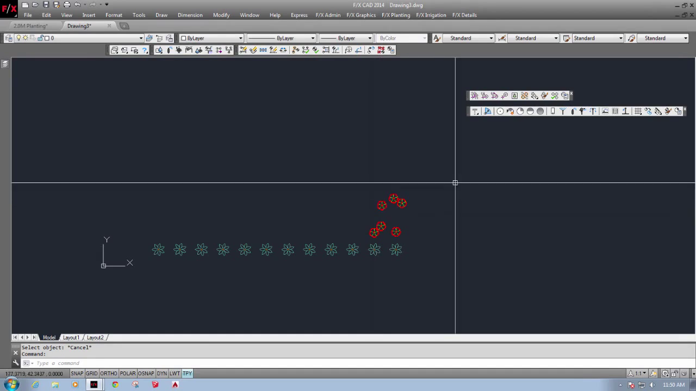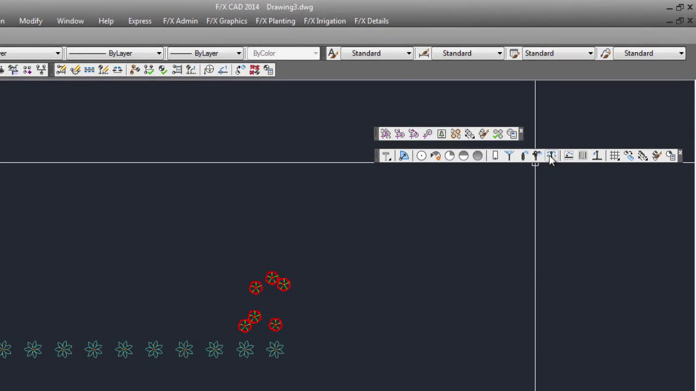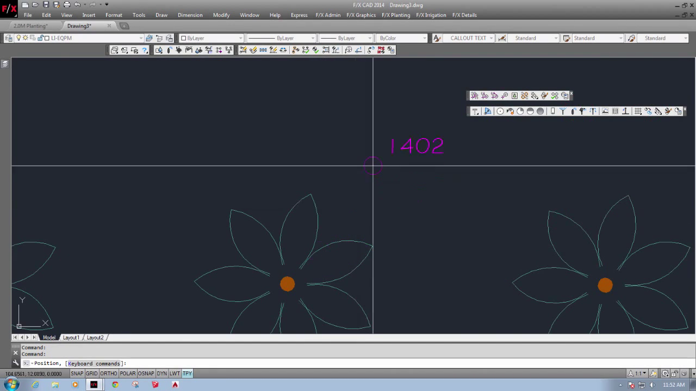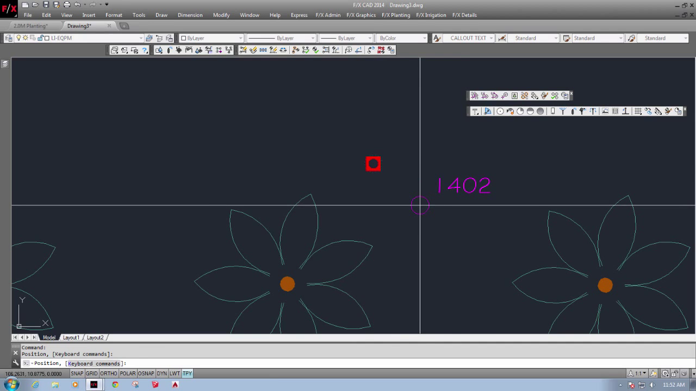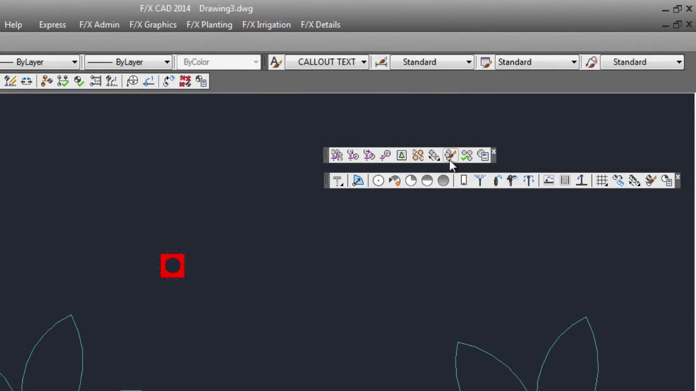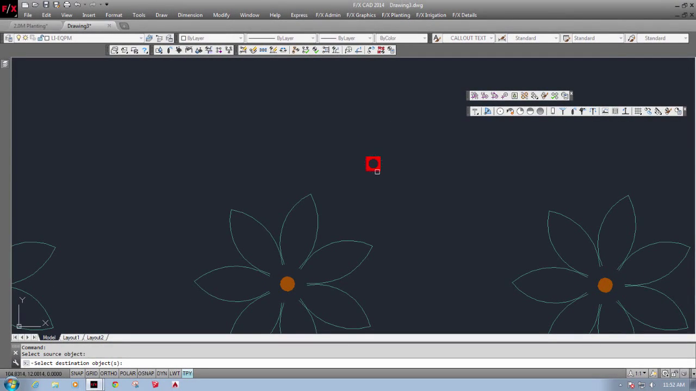Next, place the desired bubbler. In this case, the Rainbird Flood series will work fine. Using the Land Effects Match Properties tool, select the bubbler as a source object and match its properties to the